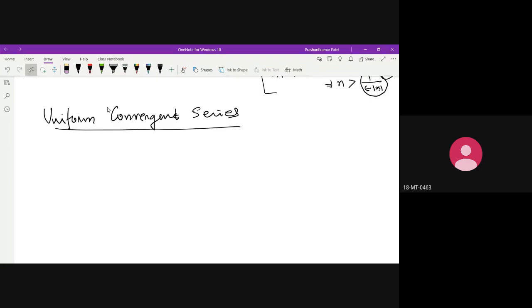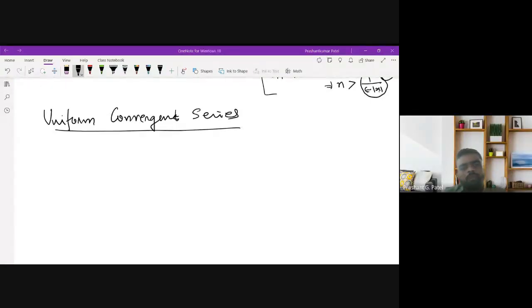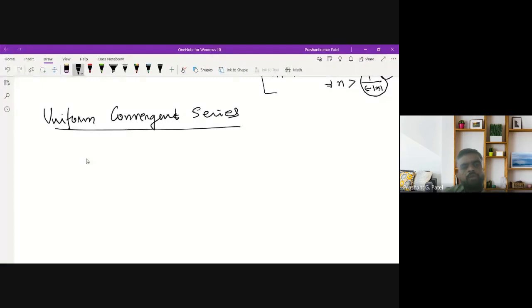So the first thing you should know is what we mean by a series of functions. We already talked about the sequence of functions. The sum of the terms of a sequence of functions is called a series of functions. So the series of functions